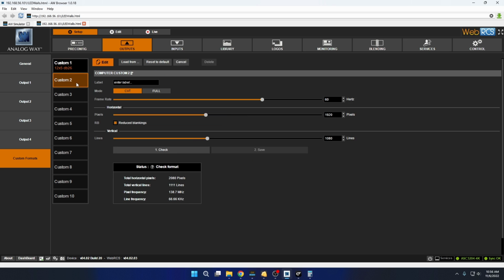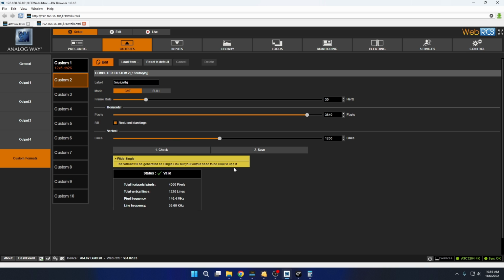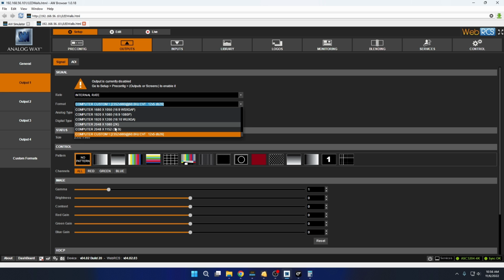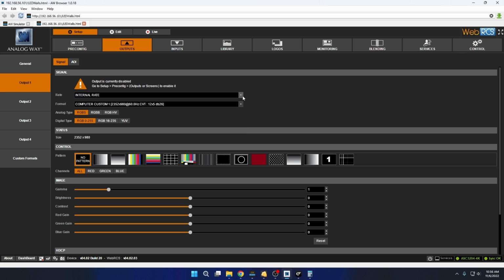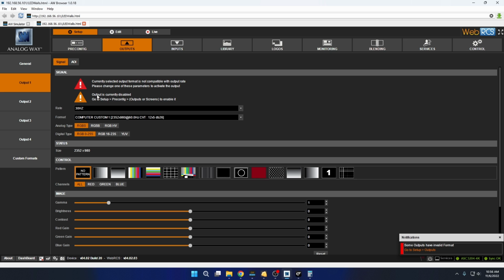Now let's just go to custom 2. So here, let's say we're at 30, and let's say 3840, and we're at like 1200 this time. This is a much bigger screen, so we check single link, needs to be dual link, cool, save. So now if I scroll here, it doesn't show up. The reason why it doesn't show up is because we're still in 60 hertz. So in order for it to show up, we need to switch down to 30. It's giving us an error here because this is a 60 hertz. But now when we scroll around,